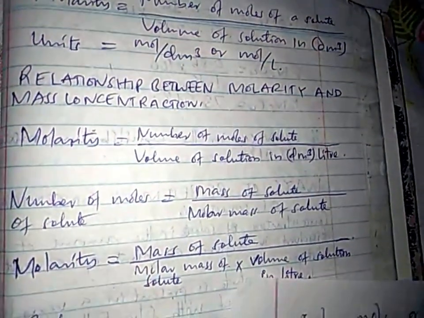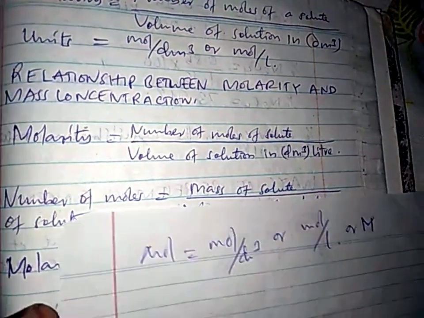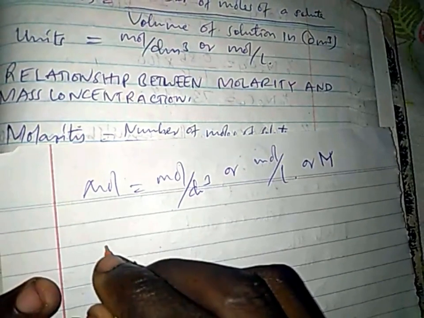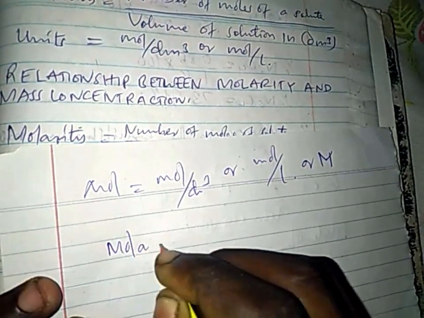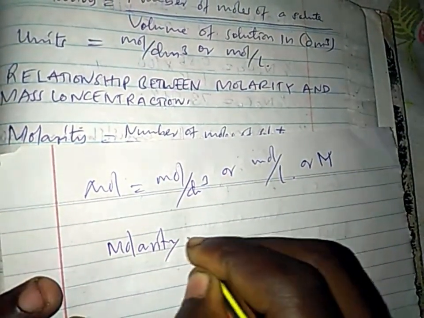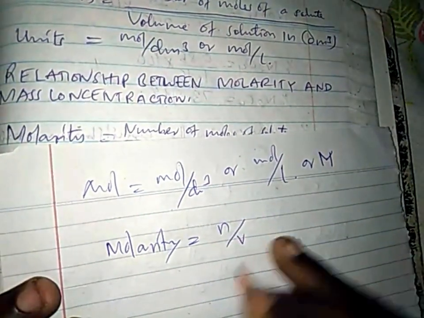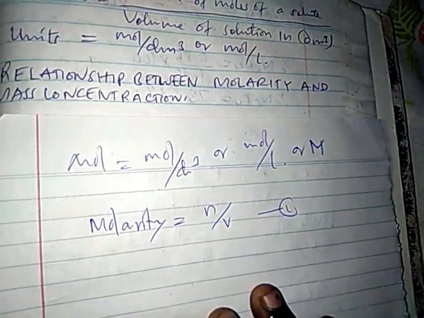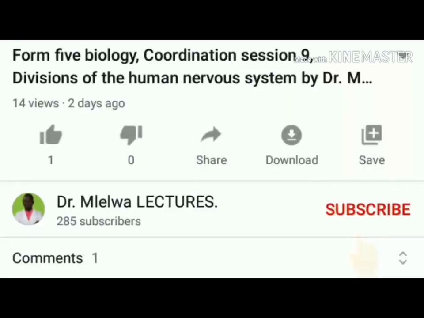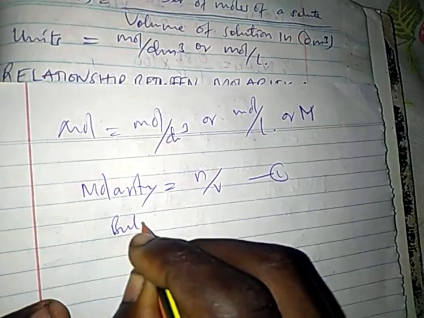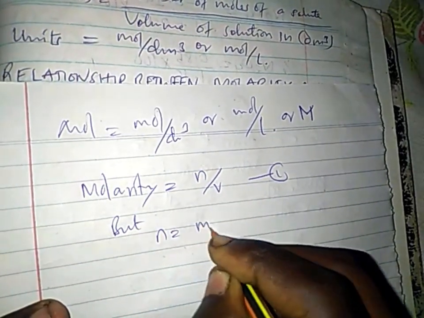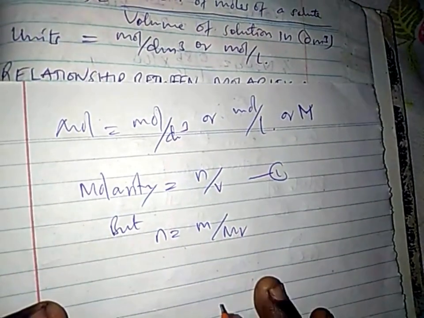Now let's look at the relationship between molarity and mass concentration. Relationship between molar concentration and mass concentration. Now coming back to the formula of molarity, we said molarity is equal to number of moles divided by volume. Let's call this equation 1. Molarity is equal to number of moles divided by volume. But